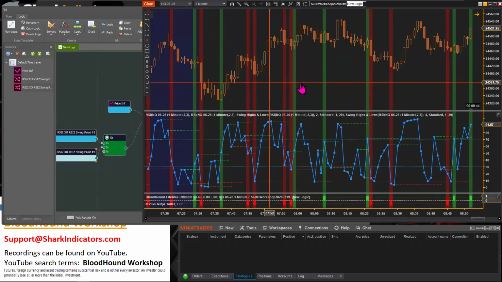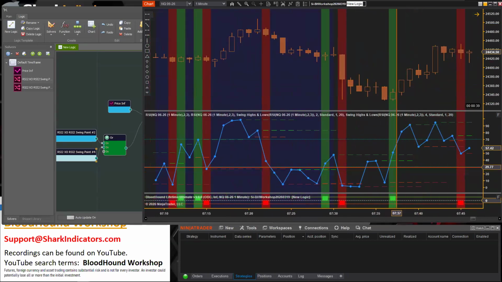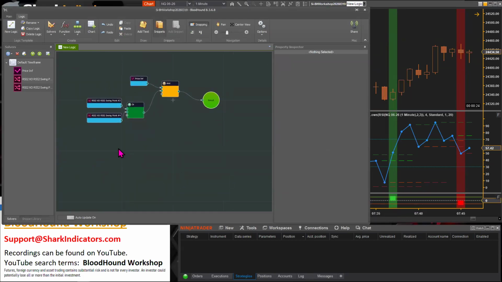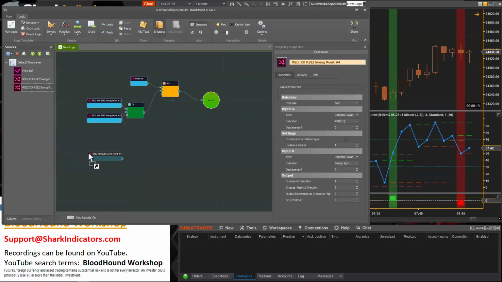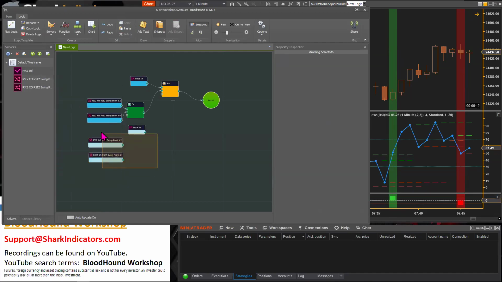Actually, look at that. Yeah, I think you're going to end up with this all the time here. So there we go. We can see the RSI crossed that swing high and that one. All right. So maybe you're looking for a double crossover. So in that case, let's rebuild this system here. There.